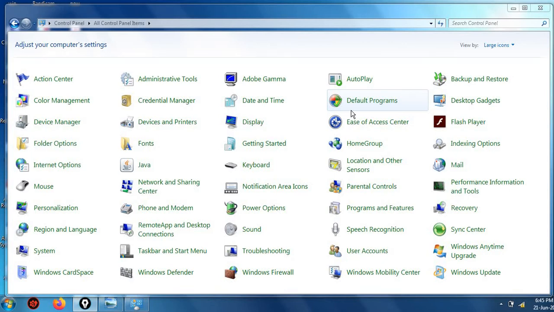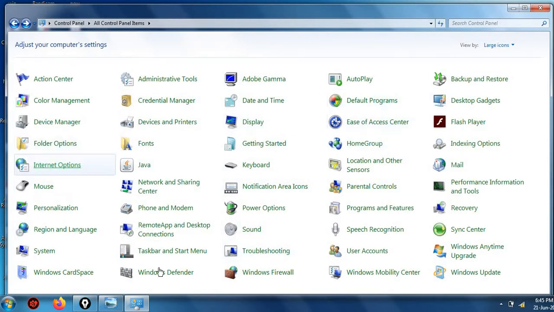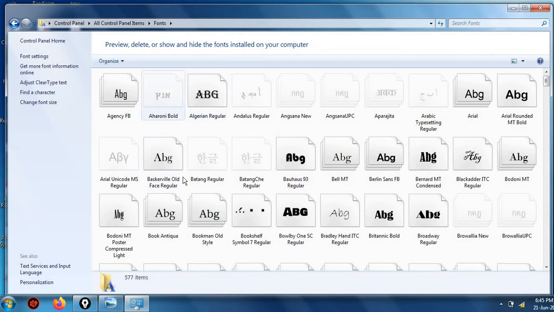Now let's talk about fonts. You work on MS Word, right? So you have seen different kinds of fonts, different font styles, meaning the letters or the text are written in different styles. All those are available here. Again I am showing, in this control panel interface, go to the fonts folder. From here you can see all those fonts.